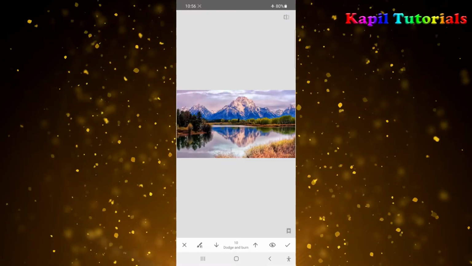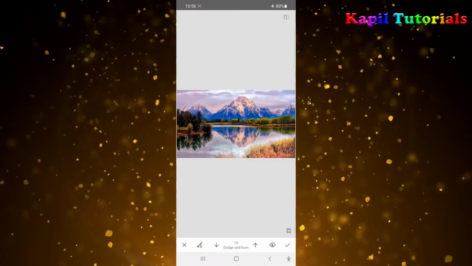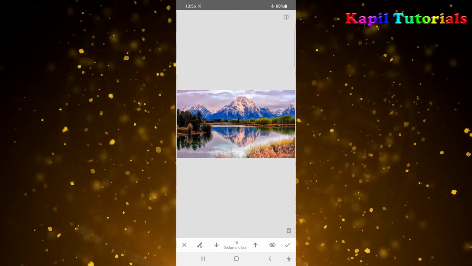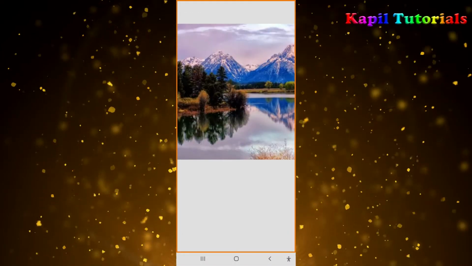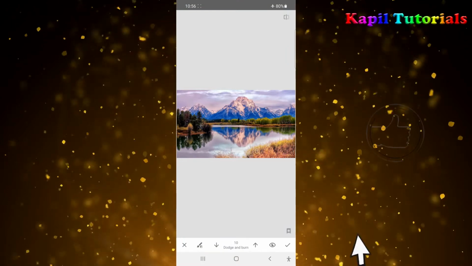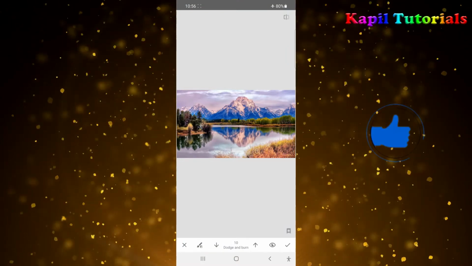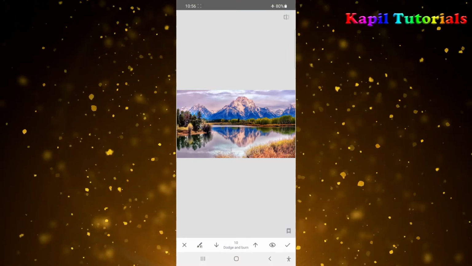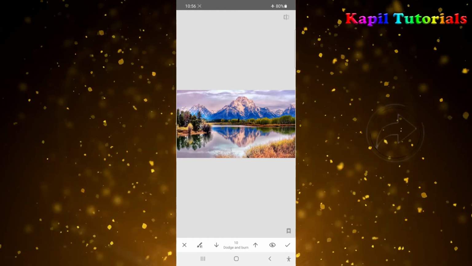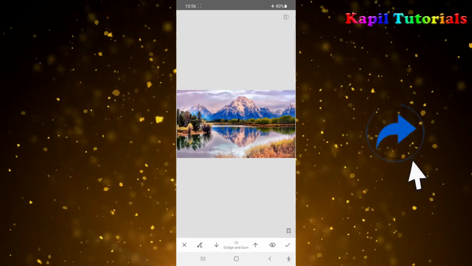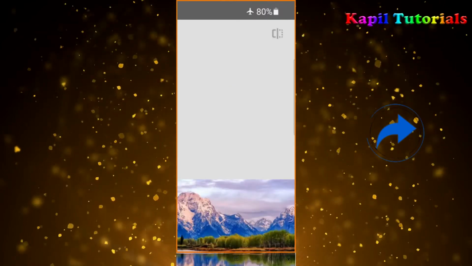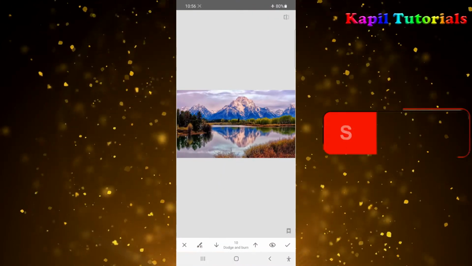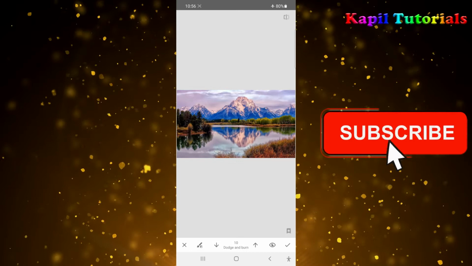So you could see the difference. Suppose the same burning effect I want to use here. Now just see. So I am continuously rubbing my finger here and you see the difference. I'll click here to show the difference between the image. See, it was like this.